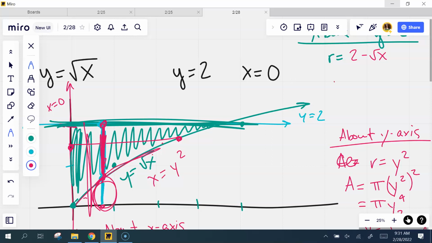I'll post your homework. What's the difference in that and what we already did? Just what you're rotating about. No, I know that, but when